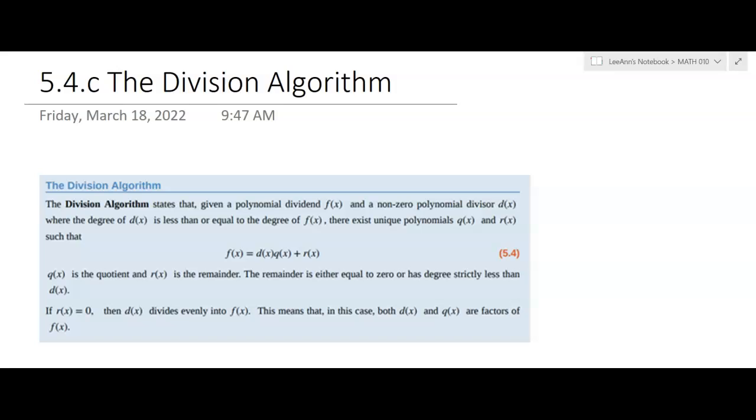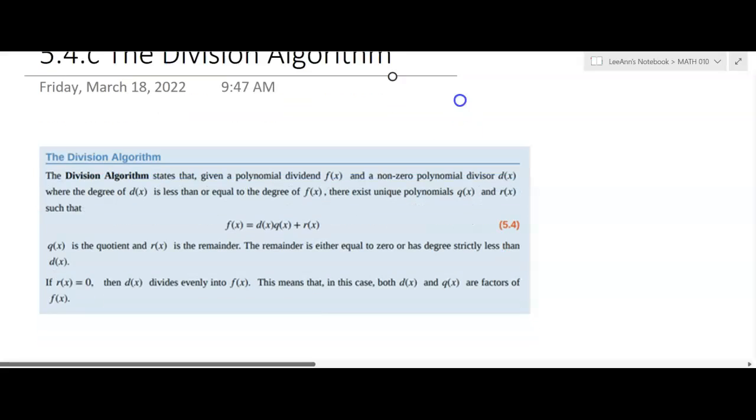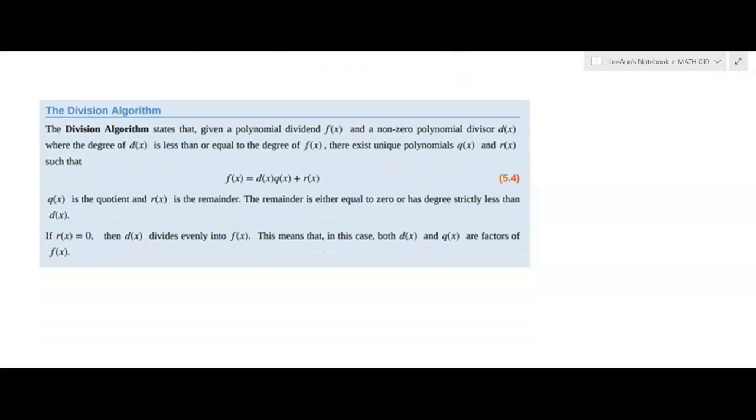Okay, so we're going to talk about the division algorithm, and I don't usually do this, but I've clipped out the formal definition from the textbook. Some of you may be going on to take more math classes, and sometimes you have to refer to these definitions. So I thought I'd just go through it and show you how we read this type of thing. So it says the division algorithm states that a polynomial dividend, f of x, okay, so that's the dividend,